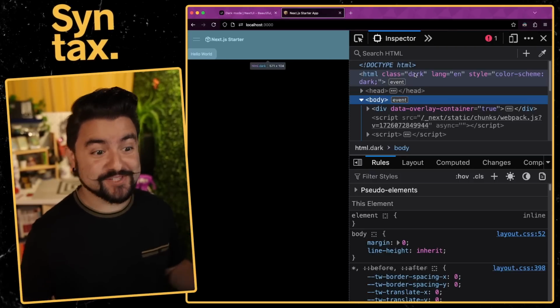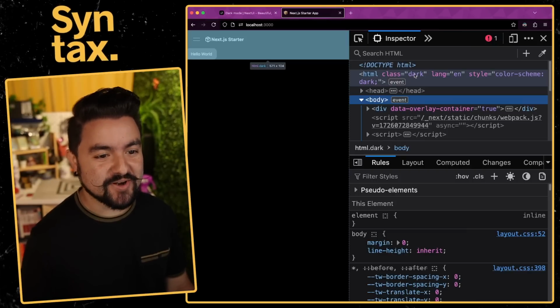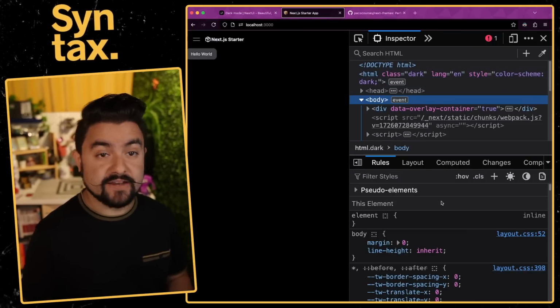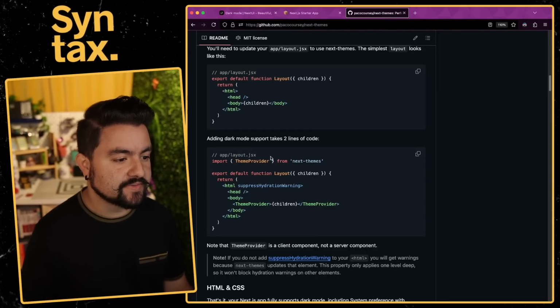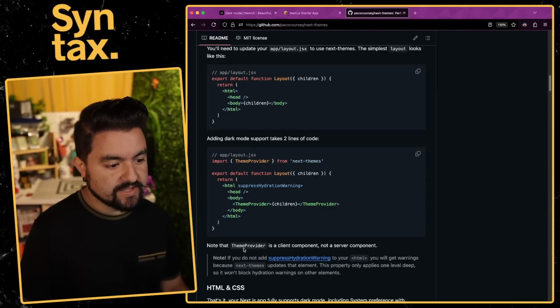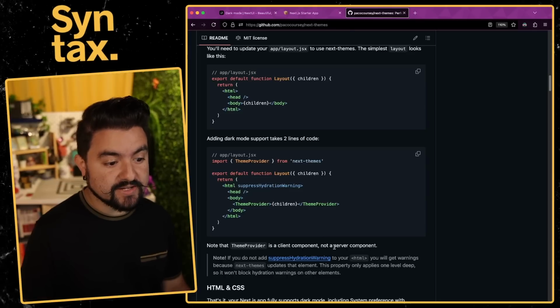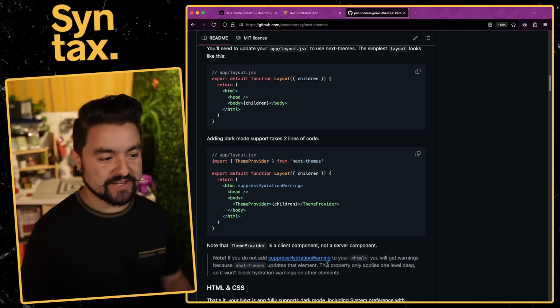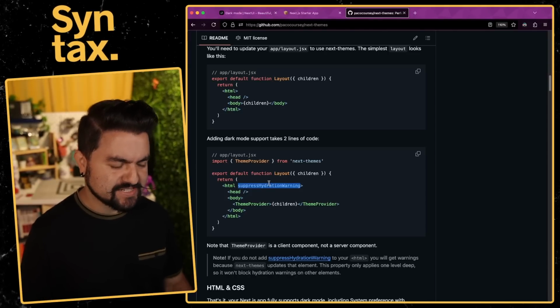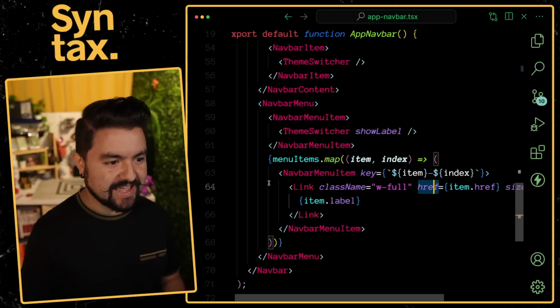But when we render it from the server, it doesn't have this class name dark. So we need to take care of that. And if we take a look in the Next Themes GitHub repo, in their README, they talk about this. So right here, they're saying that theme provider is a client component and not a server component. And if you do not add suppressHydrationWarning, you're going to get warnings. And this is actually pretty scary to do because it's like, wait, if I'm adding this at my top level,